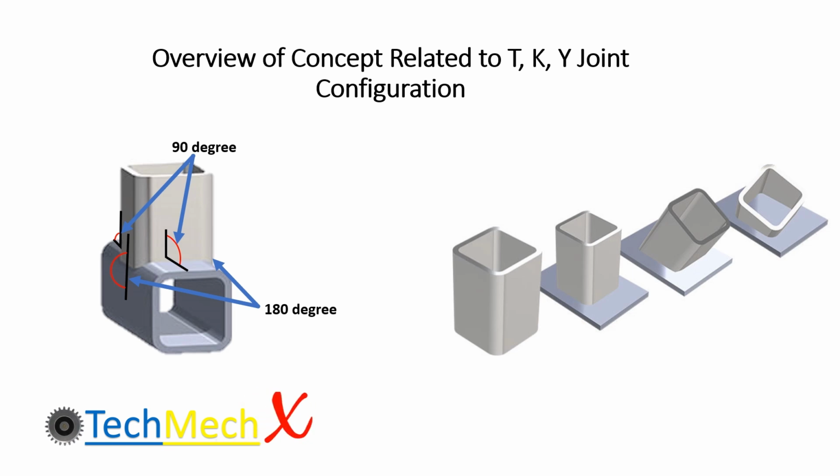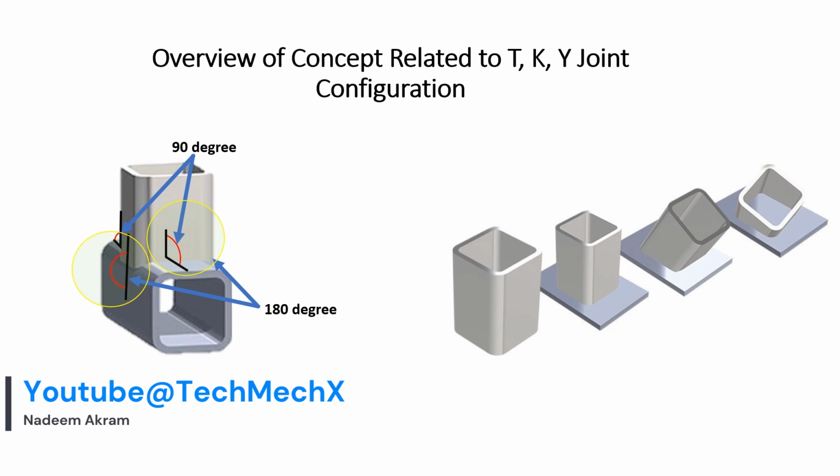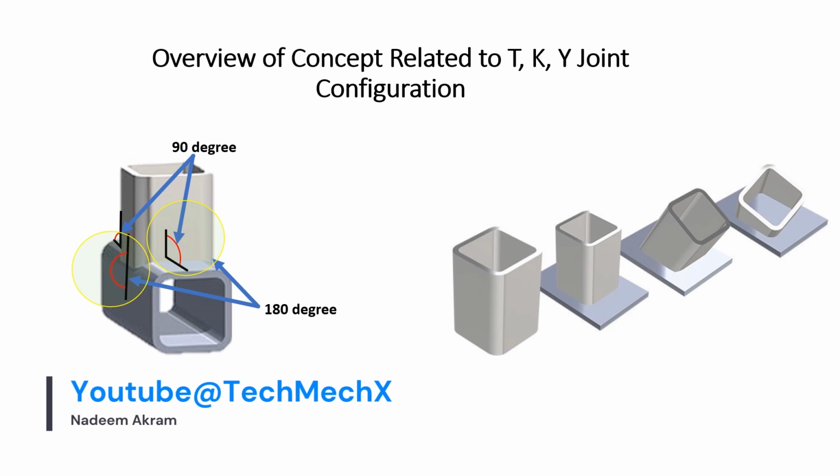For instance, even if the sections intersect at 90 degrees as we have seen in the picture, the stress concentration will be different between the localized areas with 90 degrees and 180 degrees. In simple words, the way stress will be concentrated on the area where the local angle is formed as 90 degrees and the area where the local angle is formed as 180 degrees will be